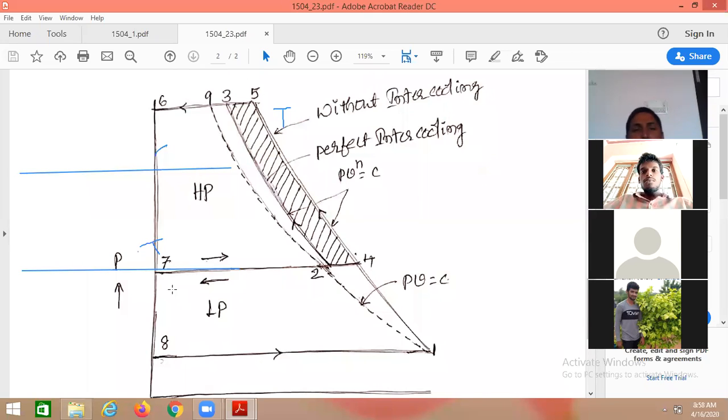The clearance volume is neglected here for explanation's sake. In all realistic compressors, clearance volume is actually there, but even then the same explanation is applicable, even without considering the clearance volume.